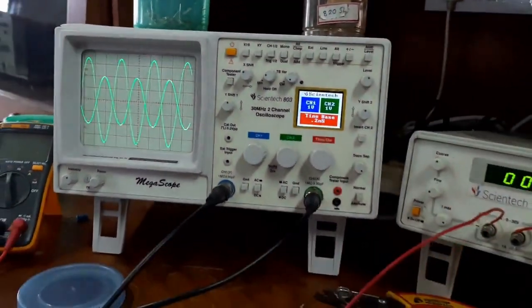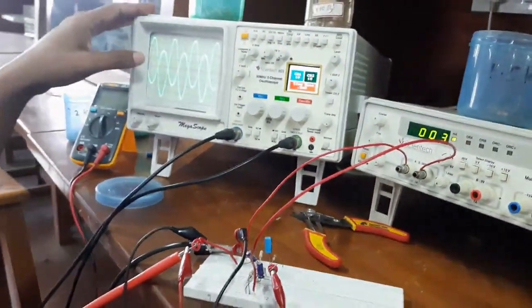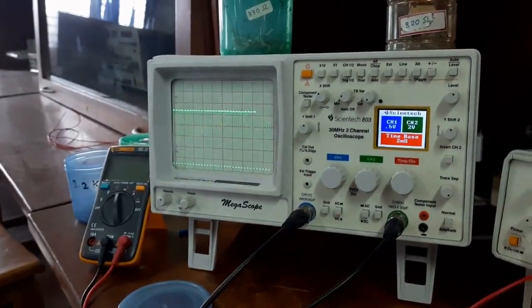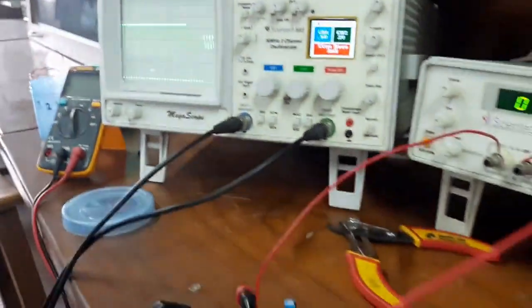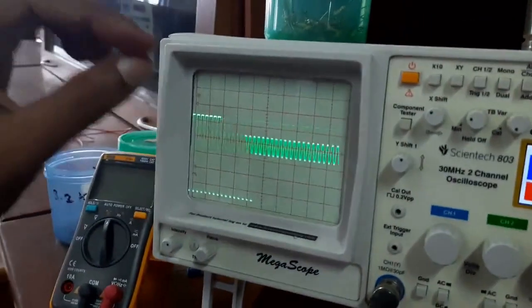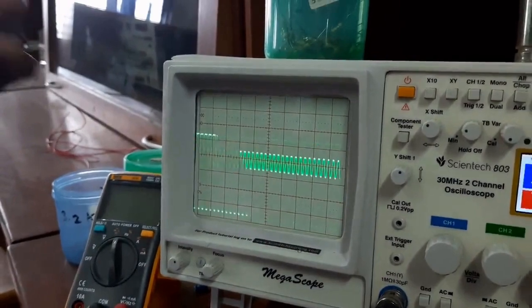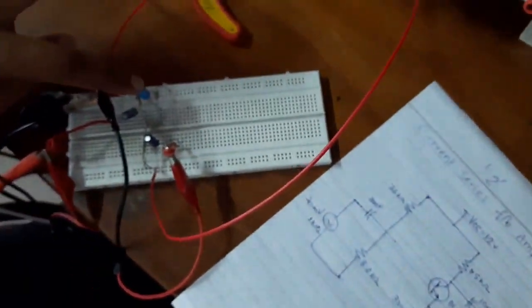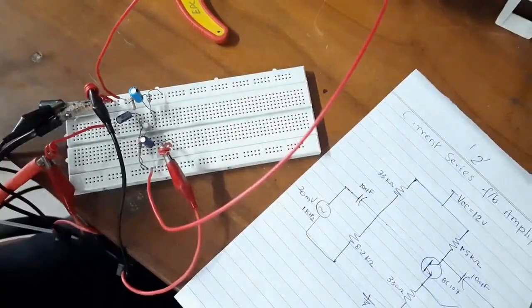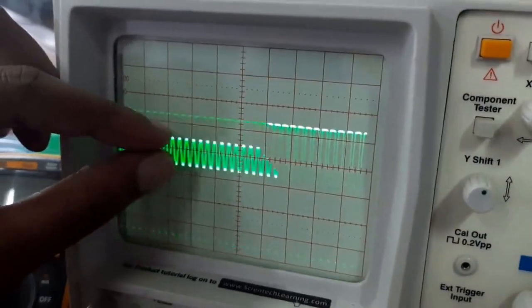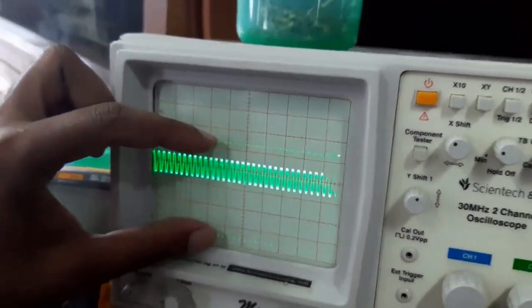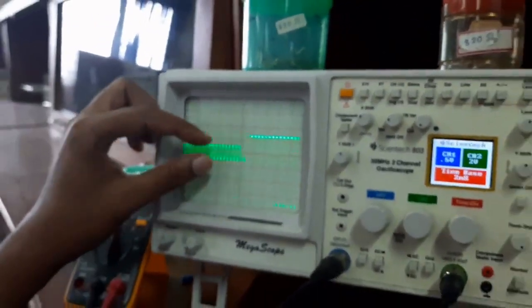So this is the output of the amplifier. Now what we need to learn over here is with feedback and without feedback. The main component that is giving feedback is this capacitor over here. When it is in the circuit, there is no feedback happening, so the output is higher as compared to the input. You can see in these waveforms, this is the output waveform, it is higher as compared to the input.